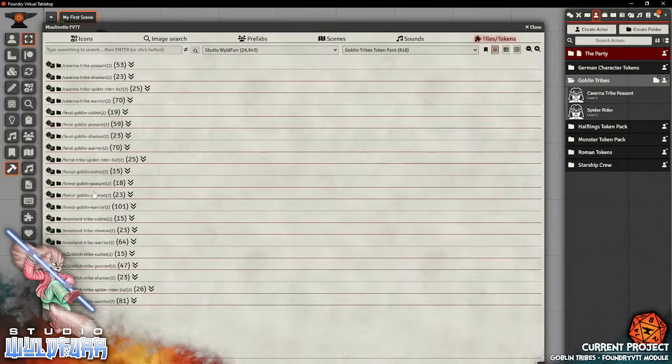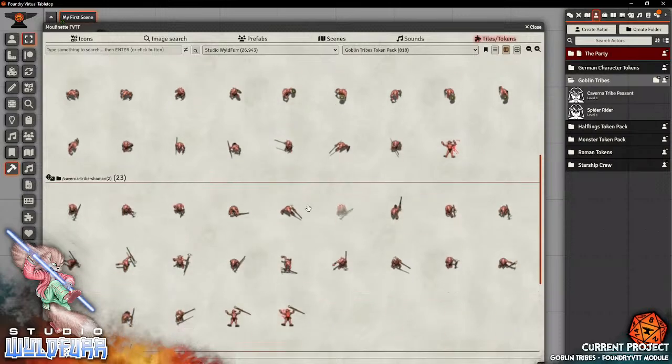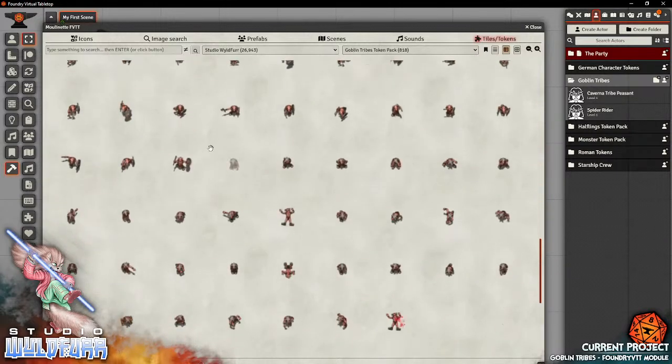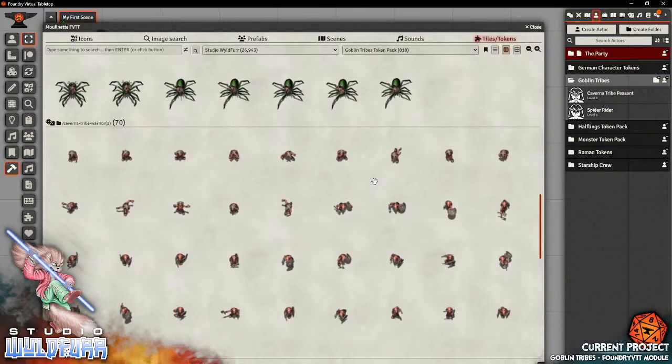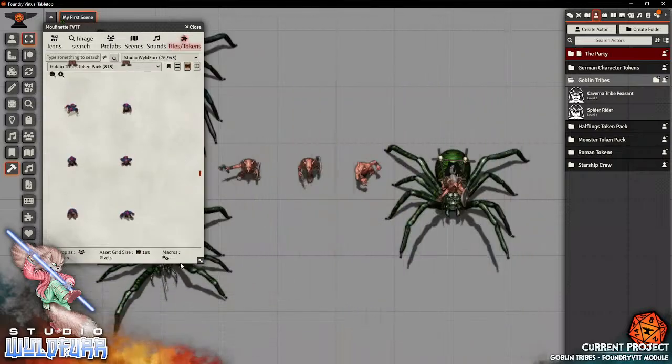So there's all the different character sets, and then each token that is within each character set. So we've got the normal little goblins. We've got goblins on spiders. The whole works. So what you're going to want to do if you want to set up a character,